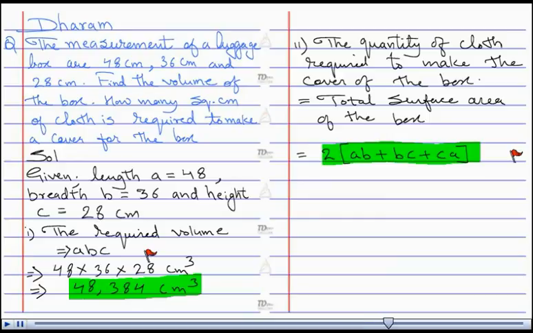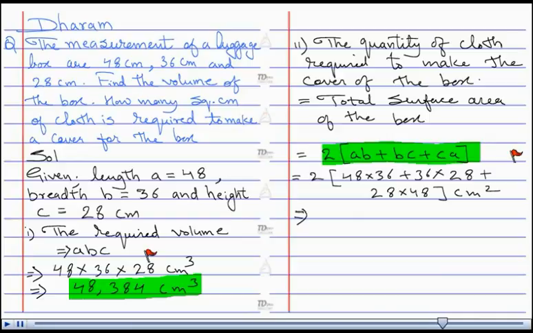Therefore, on substituting the values of A, B and C respectively, we get 2 times, in whole bracket, 48 into 36 plus 36 into 28 plus 28 into 48 centimeter square,